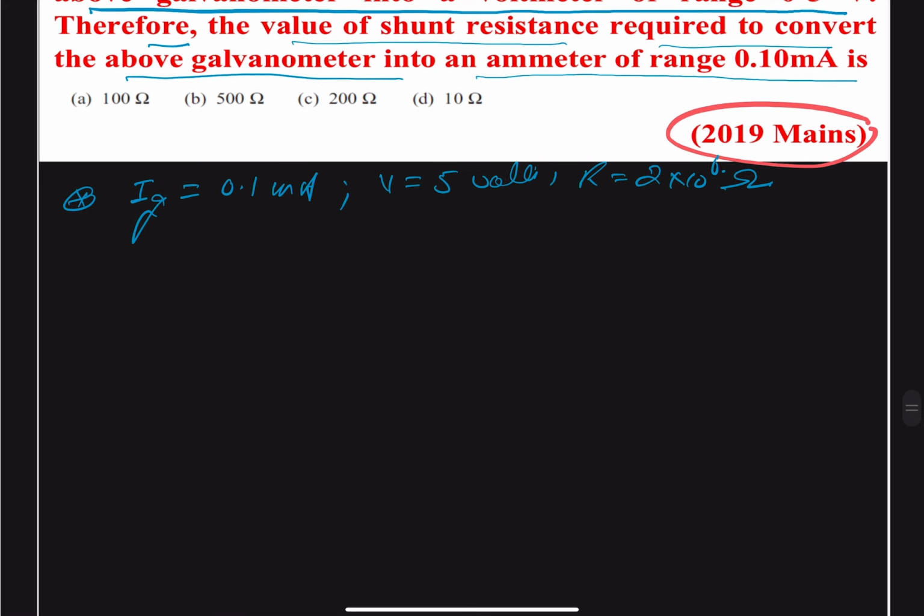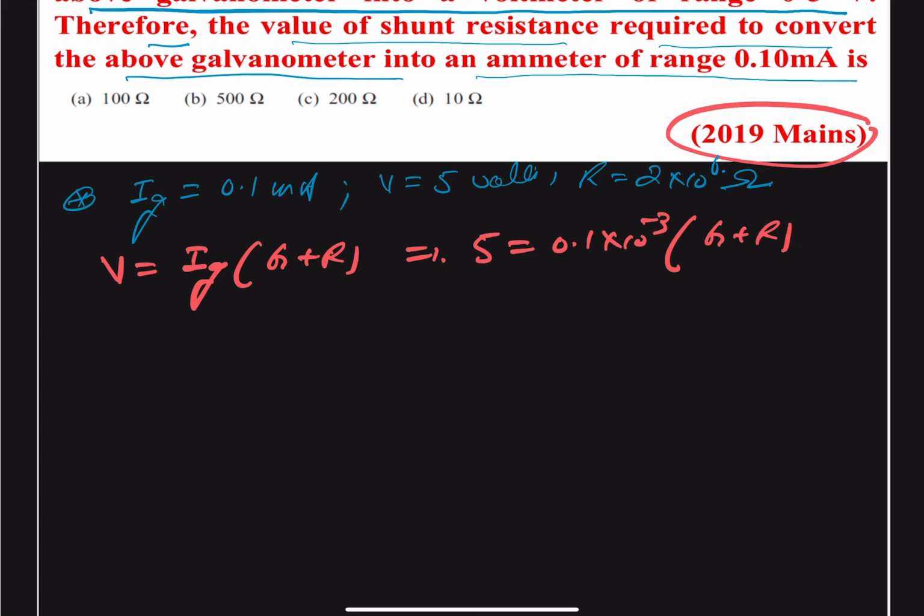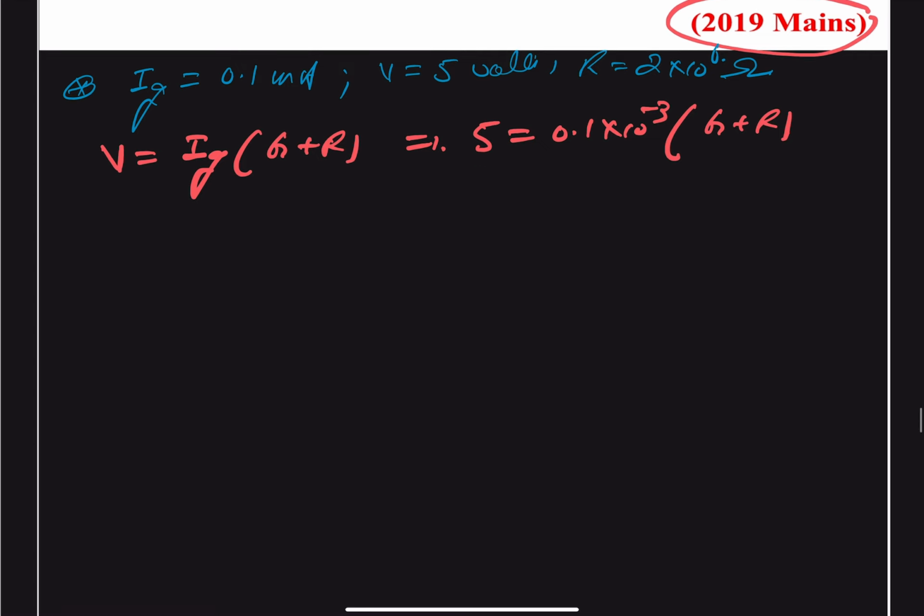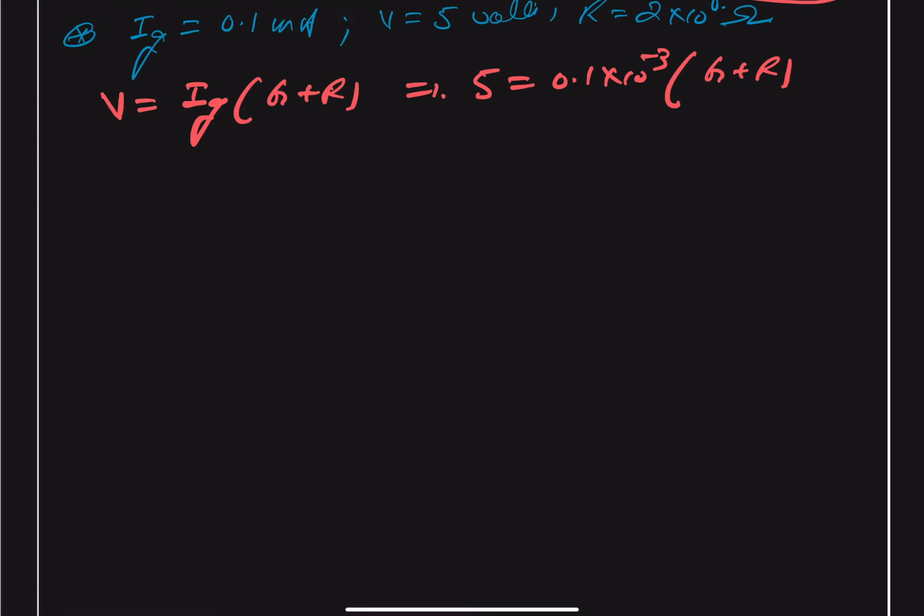So we know that V is equal to Ig into G plus R. So this gives us 5 equals Ig, which is 0.1 into 10 to the power minus 3, into G plus R. So this gives us that G plus R is equal to 5 into 10 to the power 4,